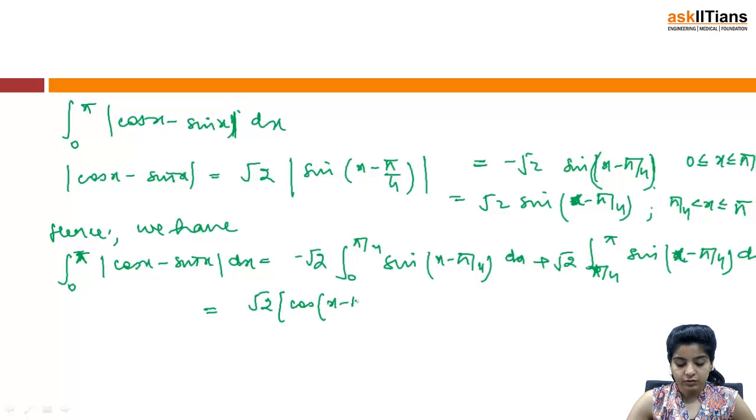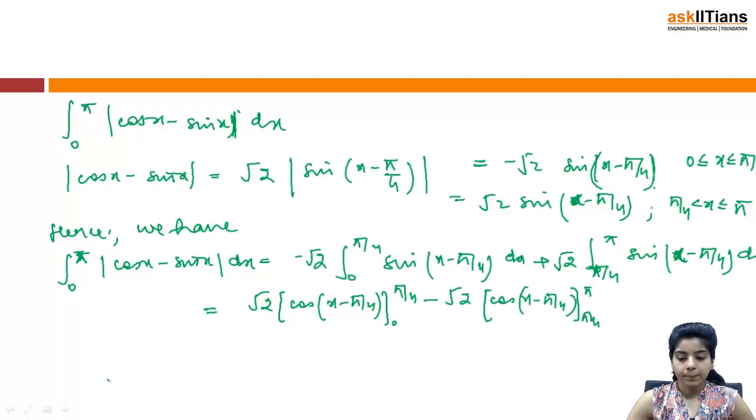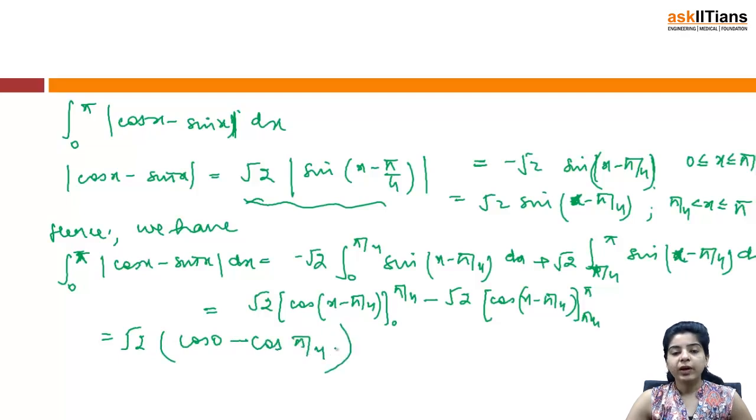That is equal to root 2, this will be cos of (x minus pi by 4) from 0 to pi by 4, and then we'll have minus root 2, and you have again cos of (x minus pi by 4) from pi by 4 to pi. So we have root 2 cos (x minus pi by 4) from 0 to pi by 4 minus root 2 cos of (x minus pi by 4) from pi by 4 to pi. So finally now just substitute the limits, and we have root 2 cos of 0 minus cos of pi by 4, because cos of minus theta is again cos theta,